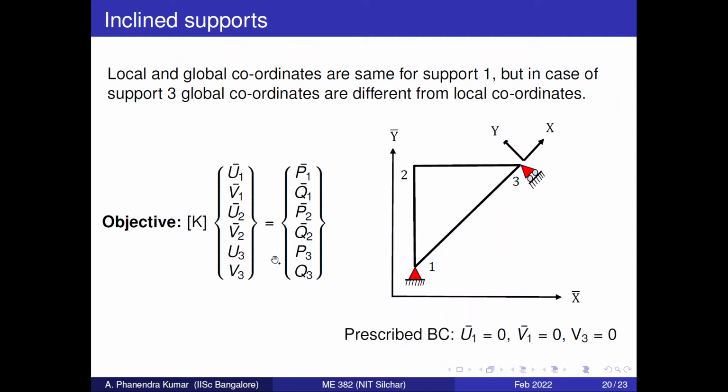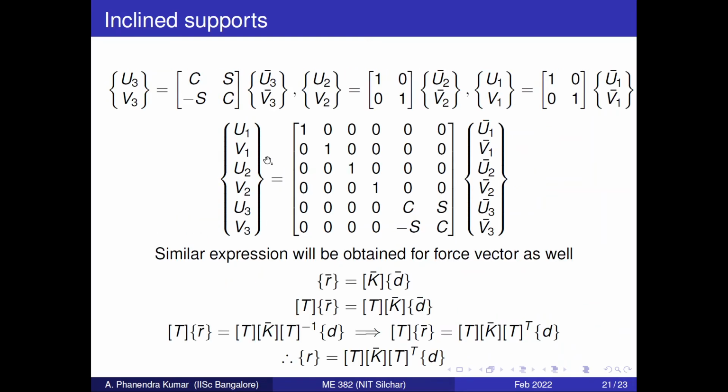We will go through the procedure and we will get to know how we are going to evaluate the stiffness matrix for this example. So this is where, when we have inclined supports or skewed supports, this coordinate transformation formulation will be very helpful for us. So let's start with the degrees of freedom